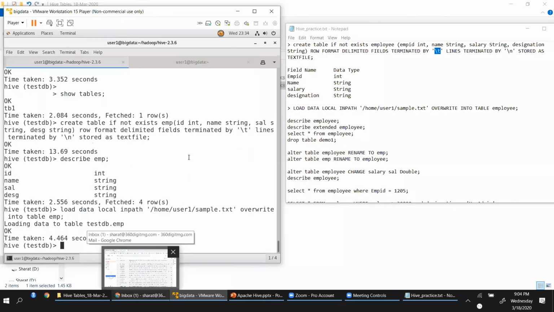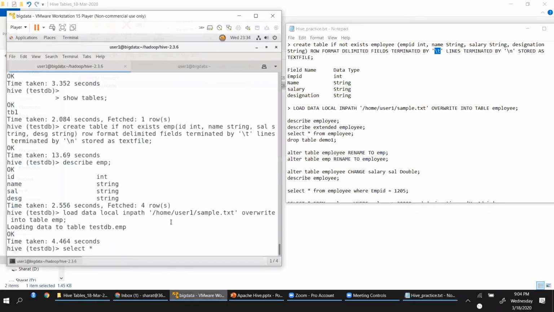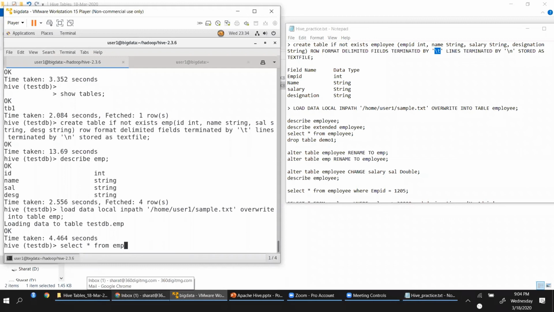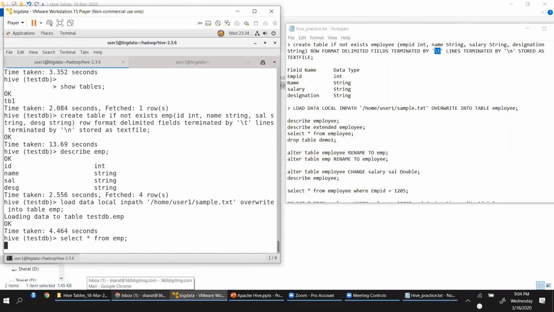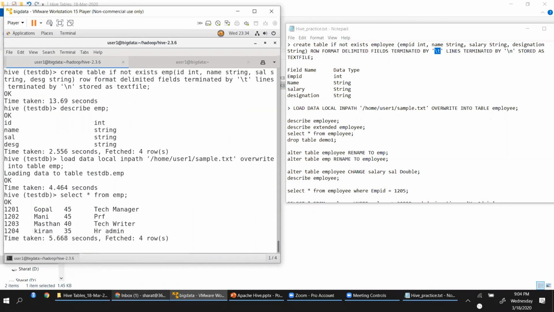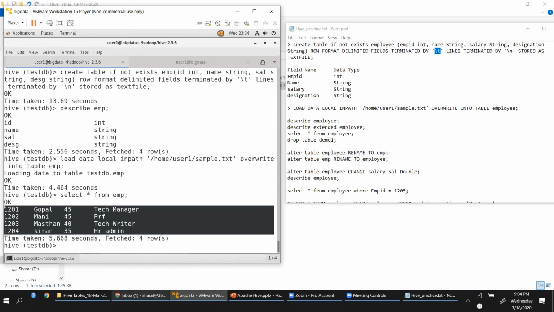So if I now say select star from EMP, when I execute this, you will get the content of that particular table, the 4 rows that we have created, showing in the table.